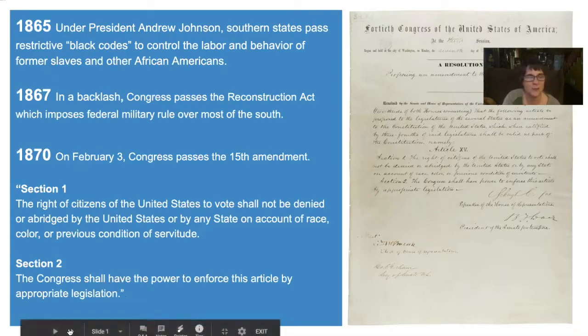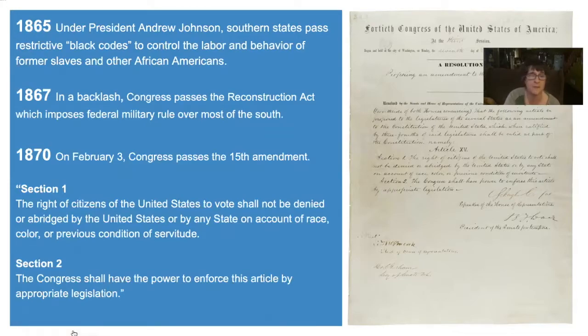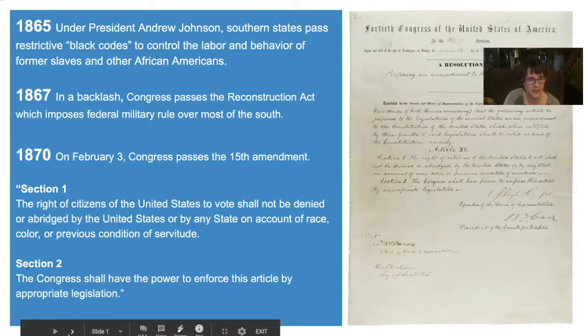And to understand why the Voting Rights Act of 1965 was necessary, we're going to go back to the end of the Civil War. In 1865, under President Andrew Johnson, Southern states passed restrictive black codes to control the labor and behavior of former slaves and other African Americans. There is a backlash to this in 1867, and Congress passes the Reconstruction Act, which imposes federal military rule over